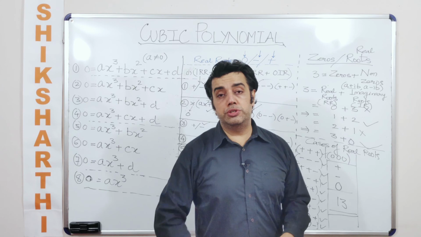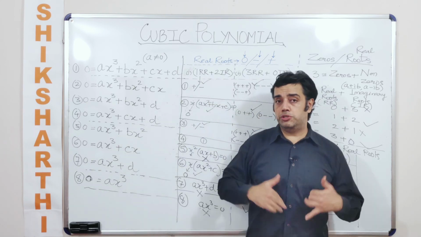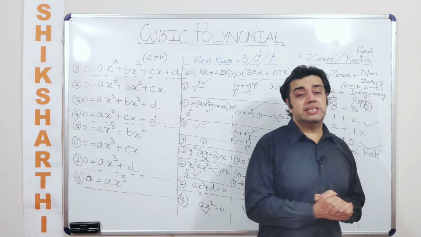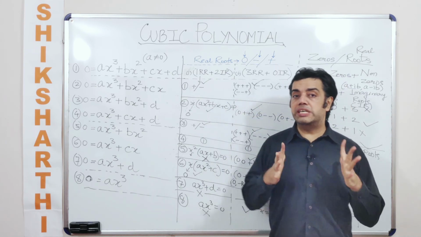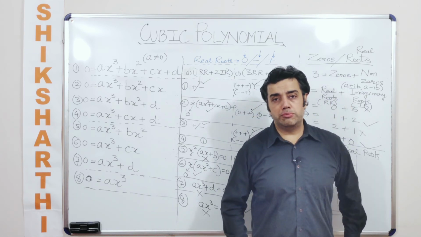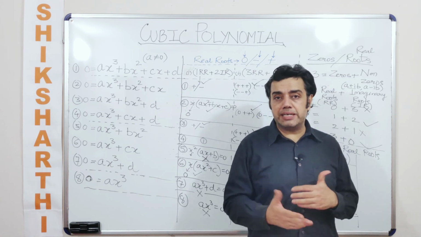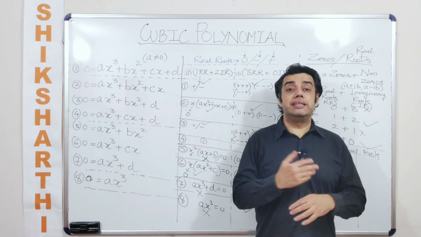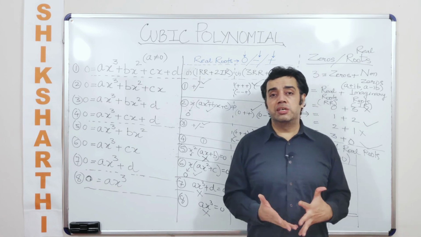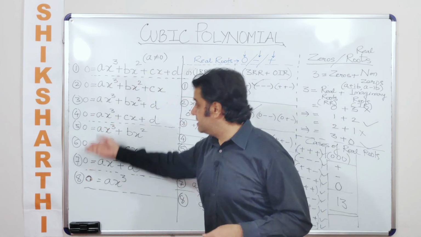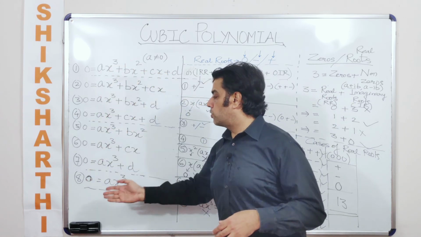I would suggest go through this video once again, and not only this video, the videos which have come prior to this also, go through them once again so that you have a concrete idea about cubic polynomials and the quantity and the quality of real factors, imaginary factors, real roots and imaginary roots that can be given rise to just with the help of these 8 different types of cubic polynomials.